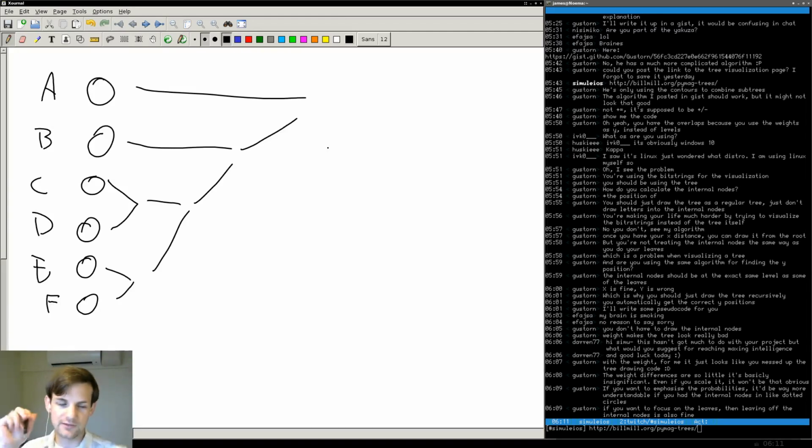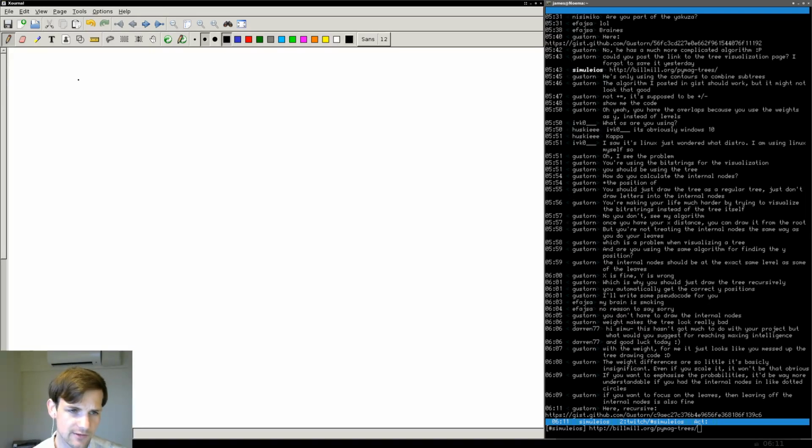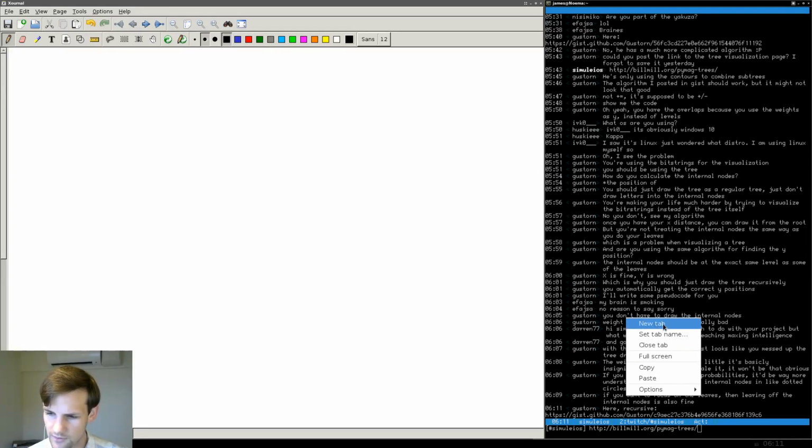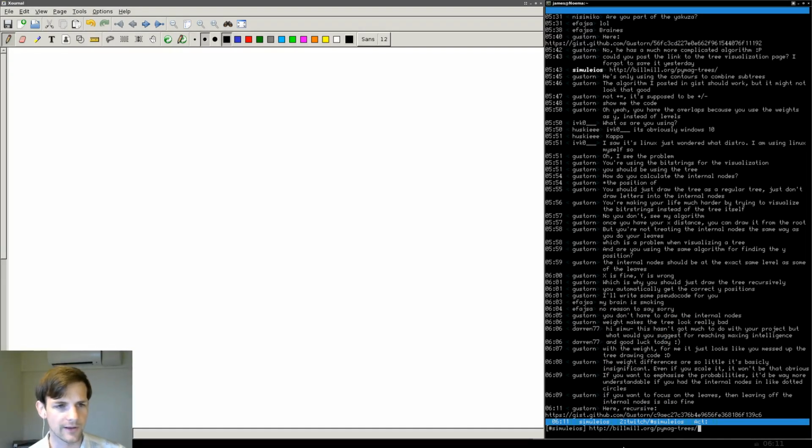So the other thing is the way that we're currently visualizing it, new page before. If we visualize it based on the level, what are we telling people, right? We're telling people how far down the tree they need to go. But in the end, we want to do the dynamic Huffman stuff, right? So the dynamic Huffman stuff, the Vitter stuff. One second, I'll take a look at that in just a second. Open link, there we go. Okay, so let me think. If we want to do this,